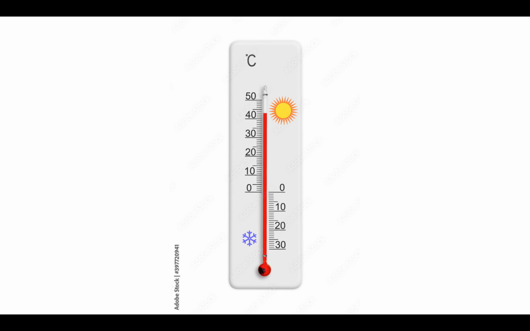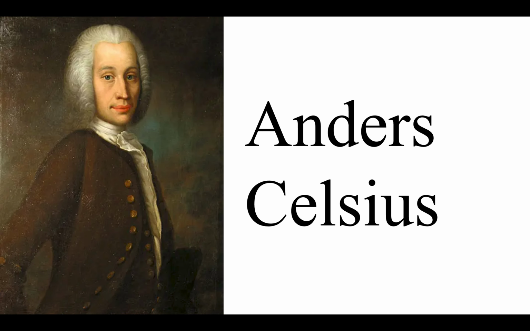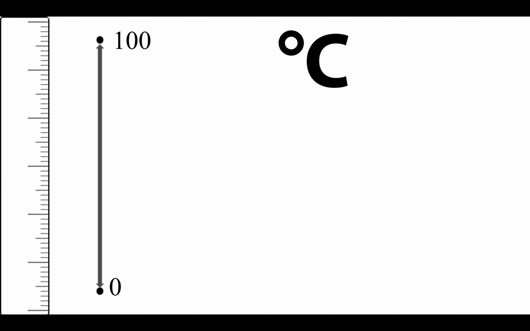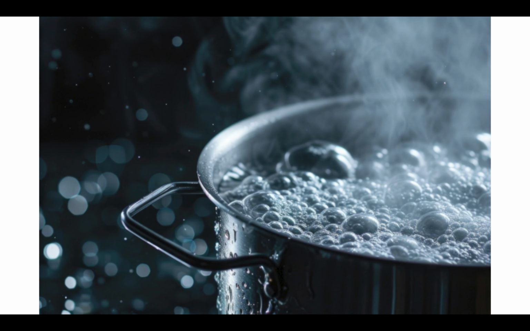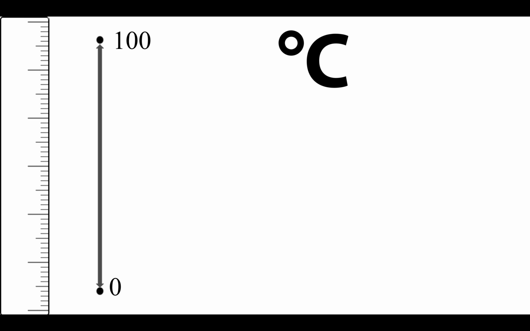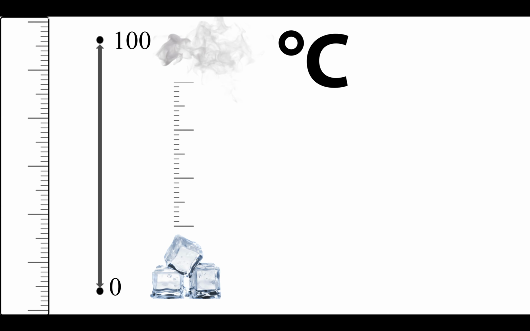Take the Celsius temperature scale. Anders Celsius, when making the scale, chose 2 points in a substance in which it showed a visible change due to the temperature of the environment, and for this substance, he chose none other than the single most abundant compound on Earth, water. And as for the 2 points in which the substance changed, he chose the point in which water freezes and the point in which water boils to be his 2 points, 0 and 100 respectively. That way, 0 degrees Celsius is the point at which water freezes, and 100 degrees Celsius is the point at which water boils, and from that we can then make out the fractions which will become each degree